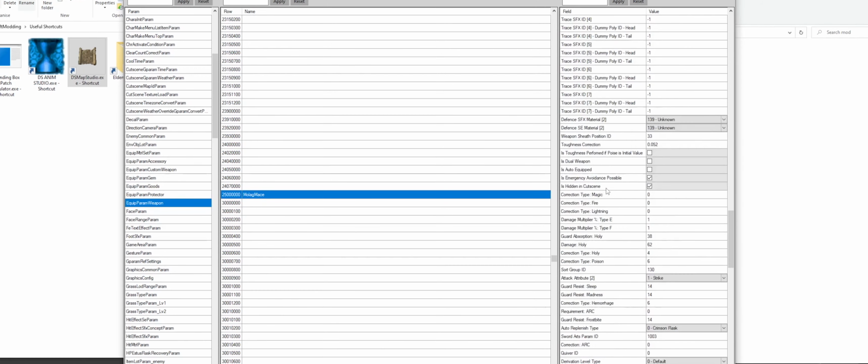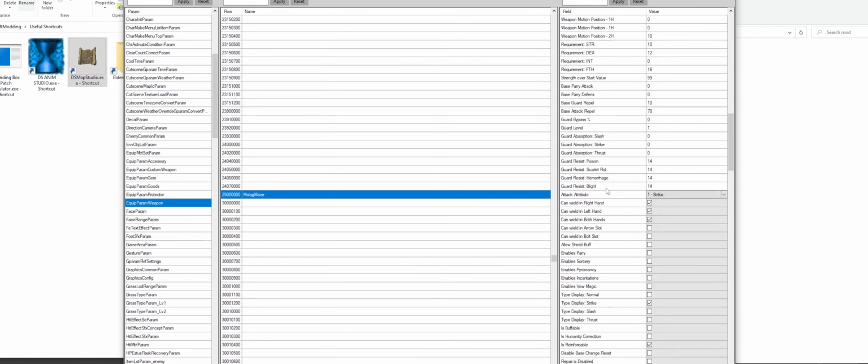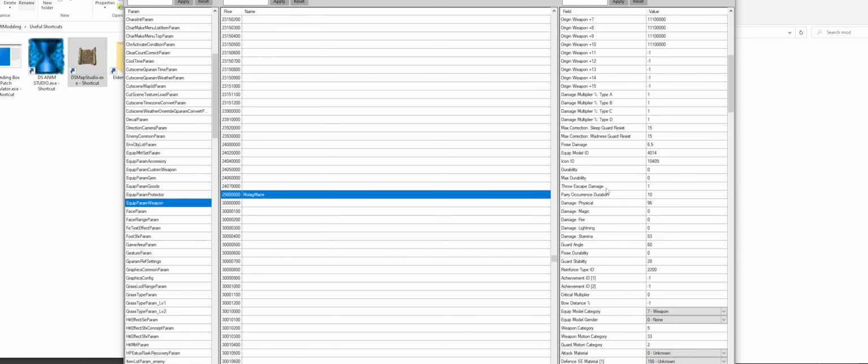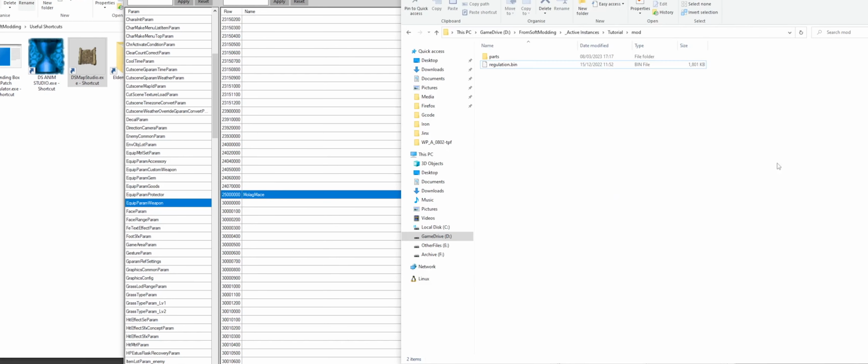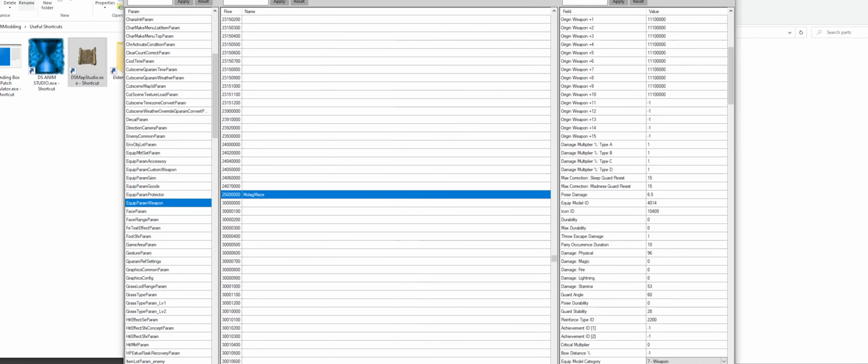And if we go into the right column here, we can go to Equip Model ID. This is the main one you'll want to change. And this number has to match this. So we want this to be 3500. Push enter, push save, and now the weapon exists in the game,